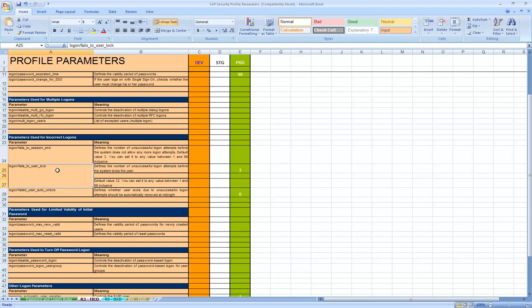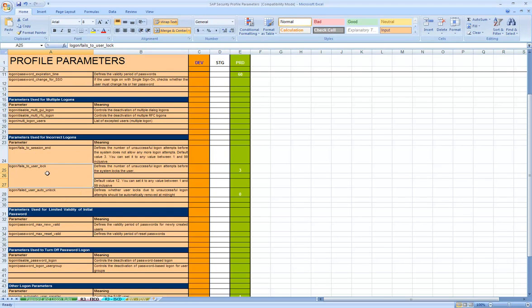So this is again a very important parameter that everybody needs to set in a production environment at least. The minimum industry practice is that this parameter is usually set to 3 attempts. So after the 3rd attempt, the ID automatically gets locked.